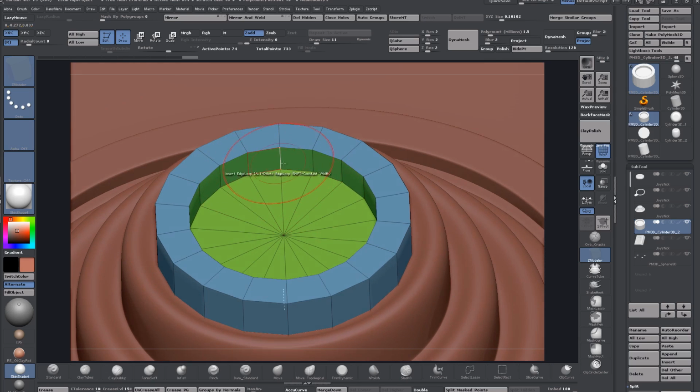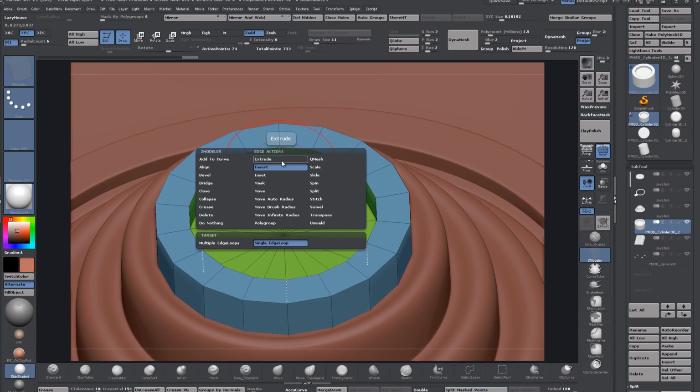So we need 3 faces to angle on every third face. So we'll set this to 6, and sorry, that's going to be in Y,